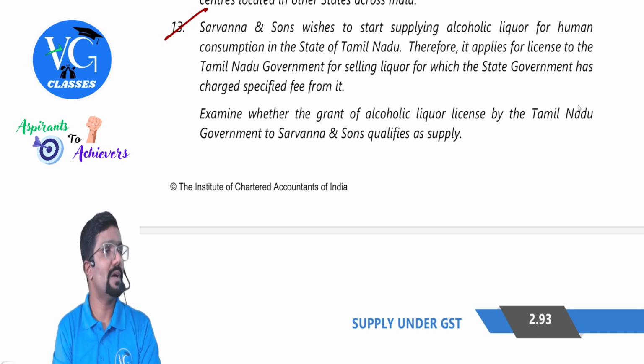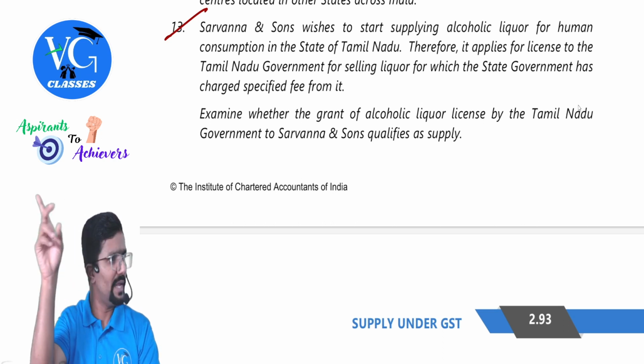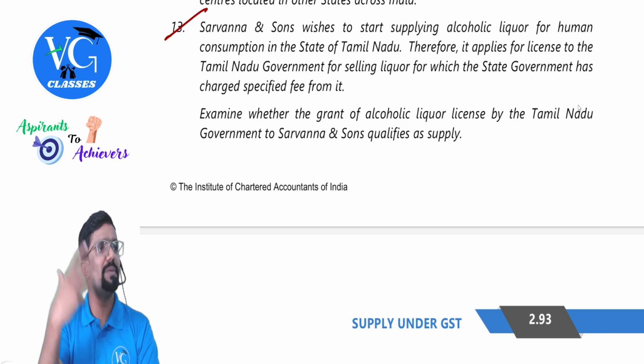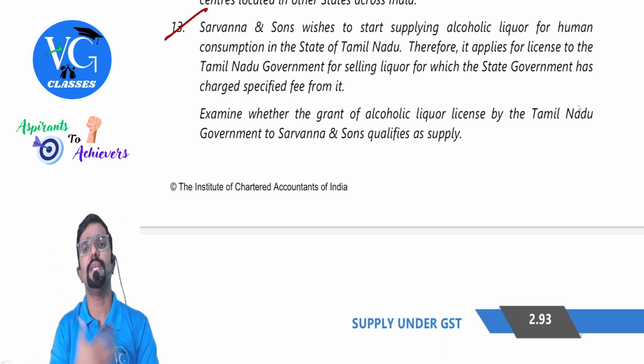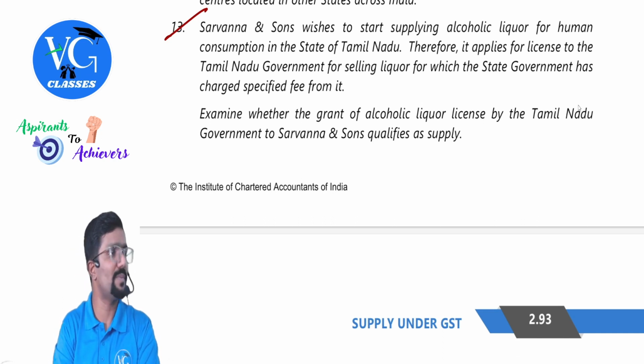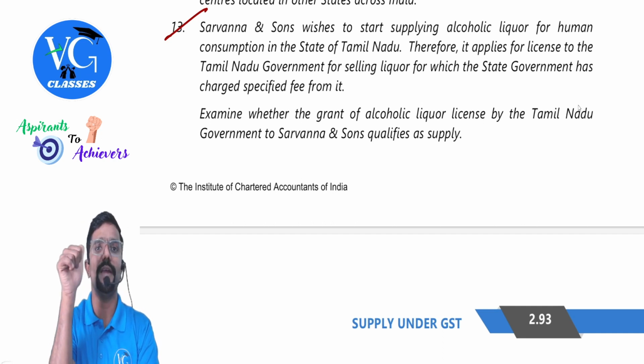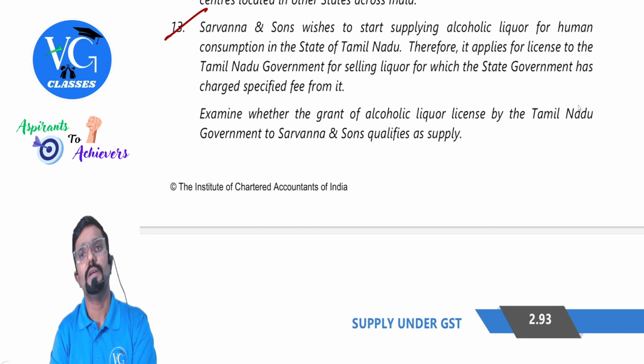No. Because again, it is covered in section, you remember? It is covered in section 7(2). Schedule 3 is there. After that, they have given the permission to the government to notify any services which is given by the government as a public authority is neither a supply of goods or supply of services. So issue of alcoholic liquor license is covered there, along with the services performed by municipality and panchayat as mentioned